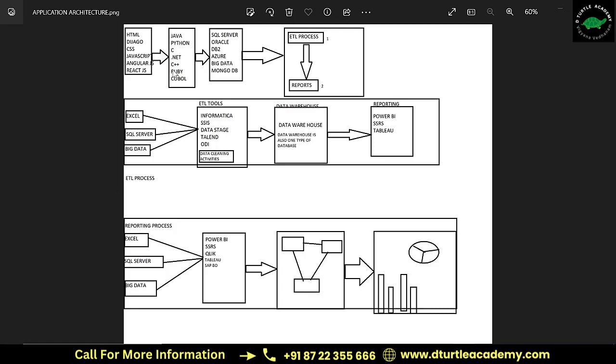Even if some people studied BTech or MCA, in your mini project or major project you used these same front-end technologies, like HTML, CSS, JavaScript, AngularJS, for creating the project. So once this front-end technology is there,